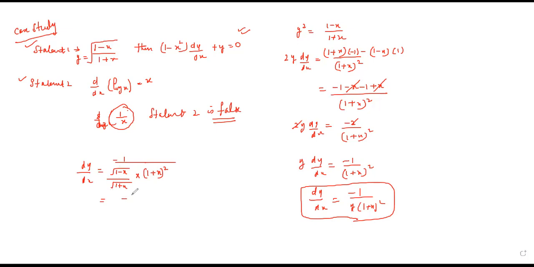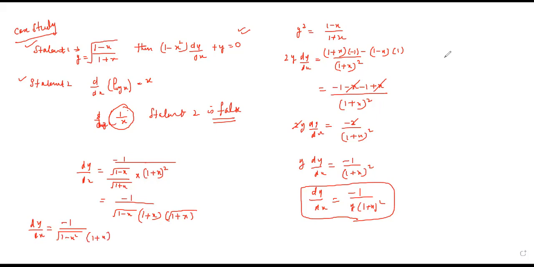So this is equal to minus 1 upon under root (1 minus x) over under root (1 plus x) times (1 plus x), because under root (1 plus x) has cancelled. So dy by dx is equal to minus 1 over under root (1 minus x square) times (1 plus